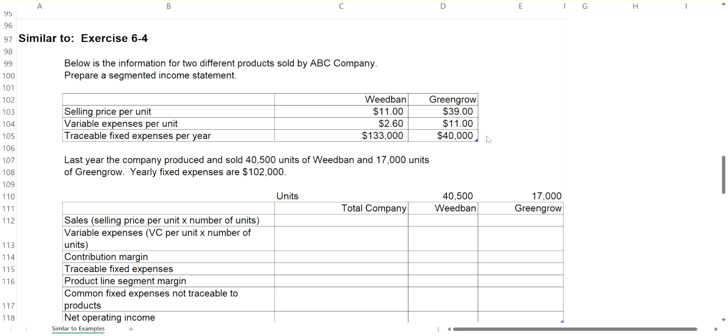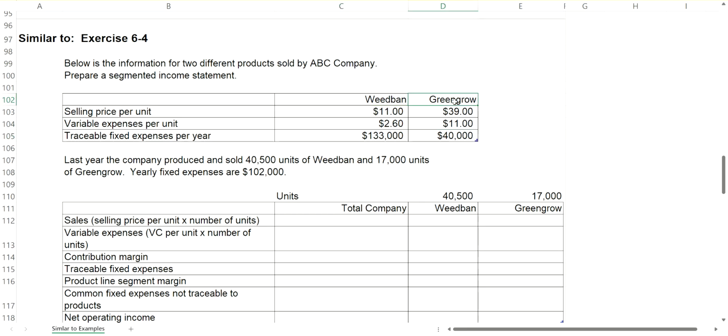In this next video, let's take a look at preparing a segmented income statement. Let's assume that ABC Company sells two products, WeBan and GreenGrow. You're given the unit selling price for each, the variable cost per unit for each, and traceable fixed costs for each. So what that means is this $133,000 is direct fixed